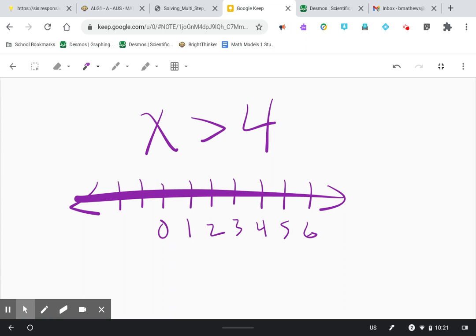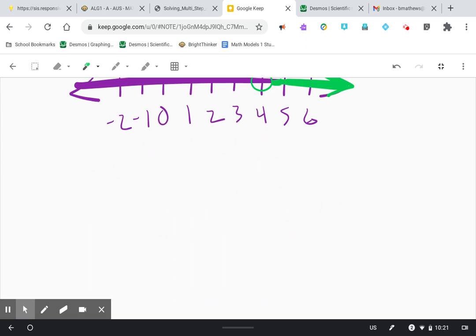All right. So like in this example, we know that the solution is going to be an open circle at 4 and greater than 4. So that's just a simple inequality. It's just one number and x is either above or below that number. So for a compound inequality,